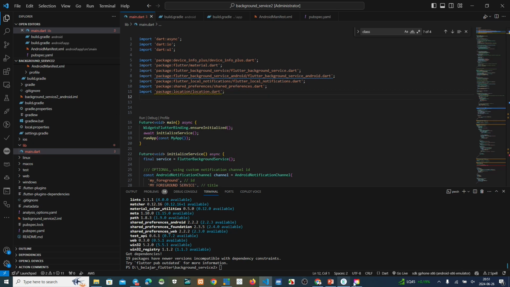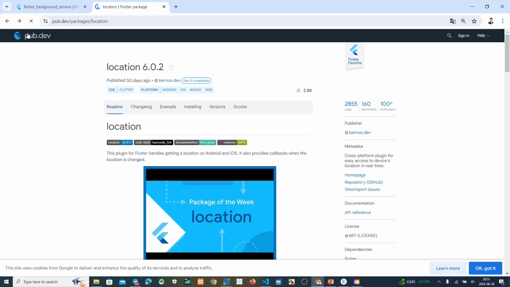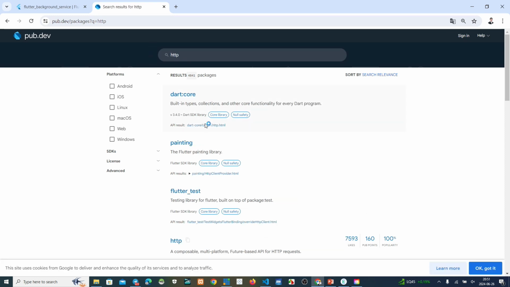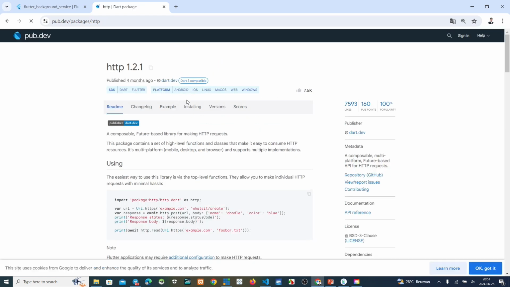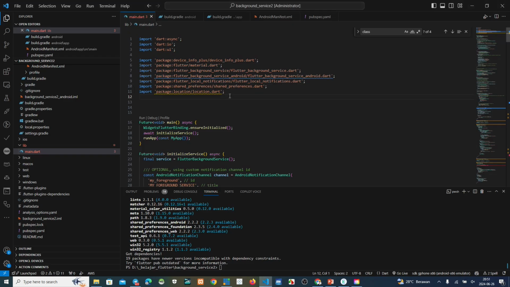And also HTTP. We want to use this one. We must copy installing this. Import this one. Copy. Okay.